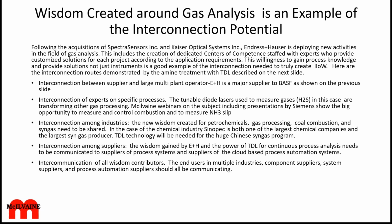Certainly the tunable diode lasers to measure gases are transforming other gas processing. So NH3 slip is another critical area here. But interconnection among industries is another important opportunity. And the Sinopec, which is one of the large chemical companies, is also